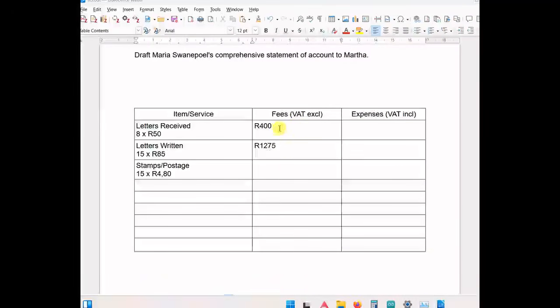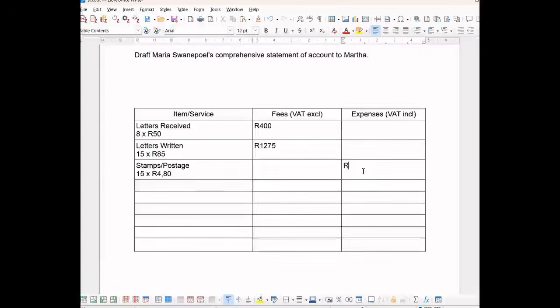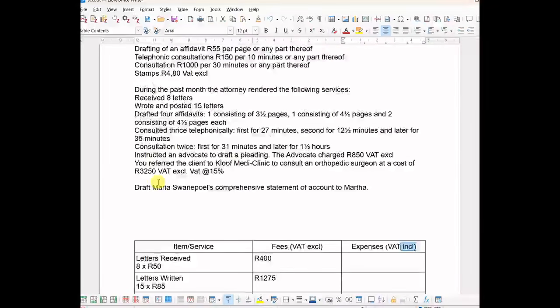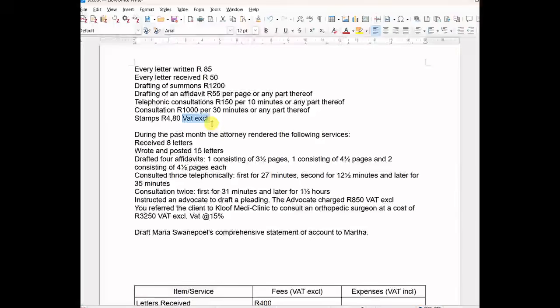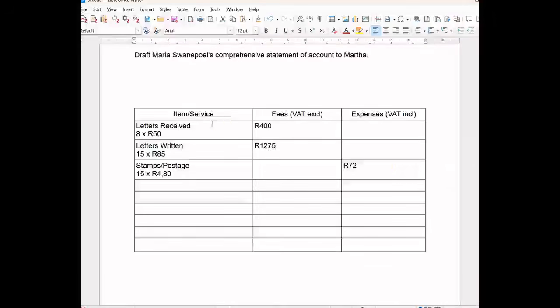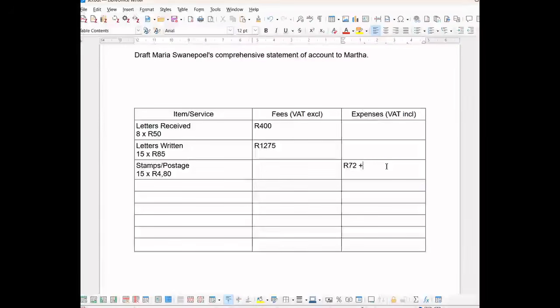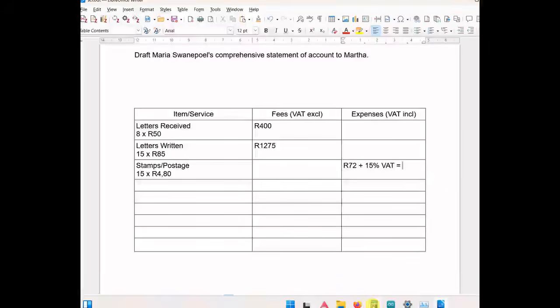Now, because it's an expense and not a fee, it doesn't go under the fees category but the expenses category. So it'll come on this side, and it's 72 Rand. But we need to remember that our expenses are including VAT, and this postage stamp was excluding VAT. So now we still have to add VAT onto that. So we take 72 Rand plus 15% VAT equals, where's our calculator,